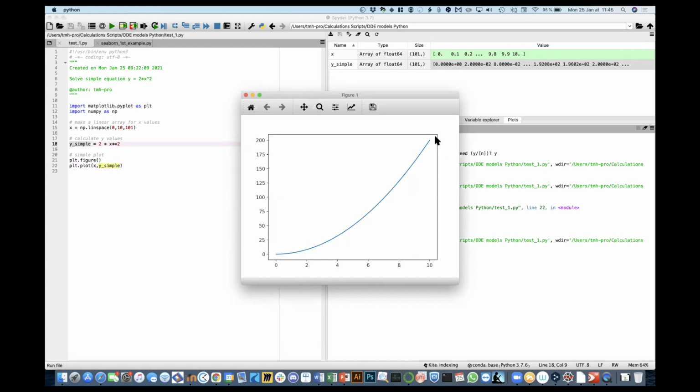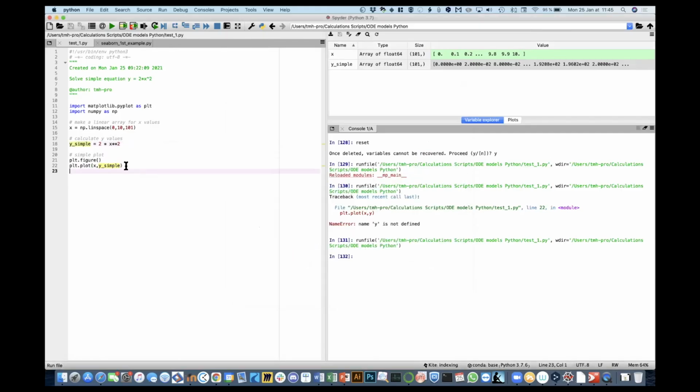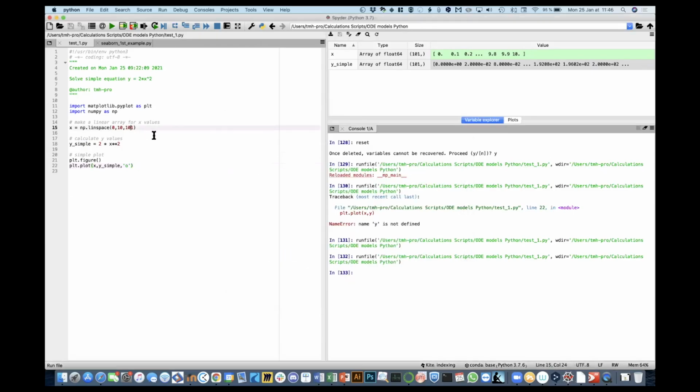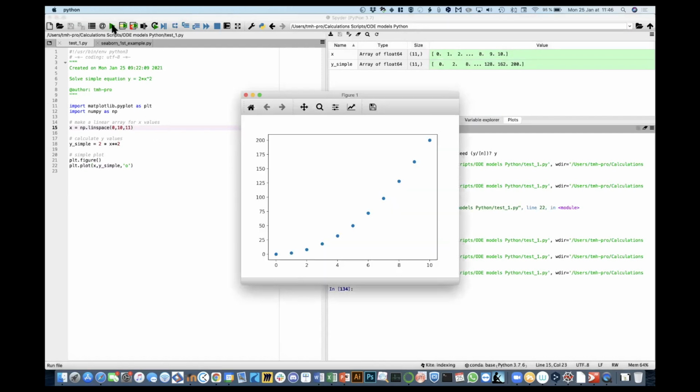So by default, it takes a smooth line. If you want to see the actual data points, you can define the style of plotting, we'll come back to this in the next class. So for example, if I do like this, you will see all the data points as circles. There are still a lot of data points, so that's why it still looks smooth. If we reduce the number of points on x, let's say we go back to 11, then now you see